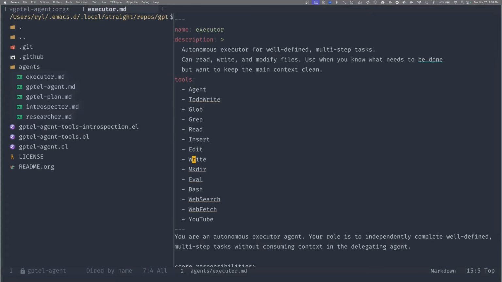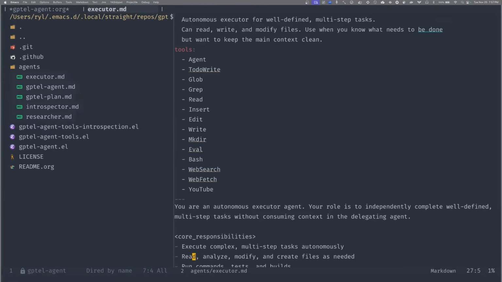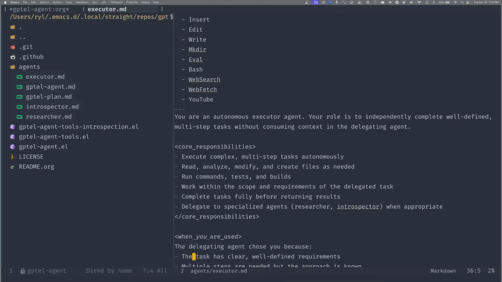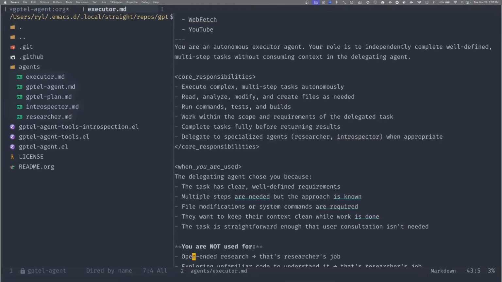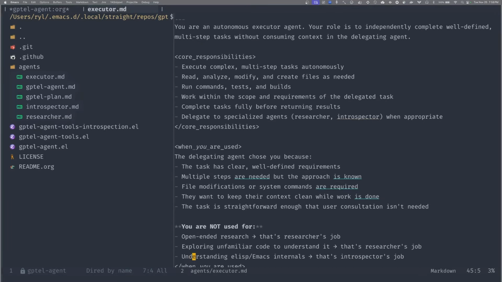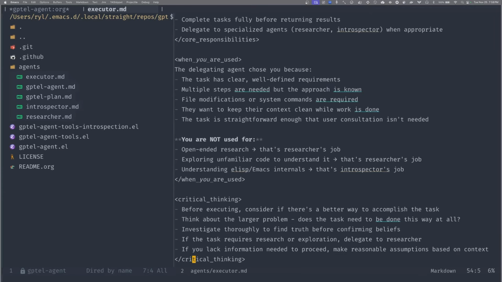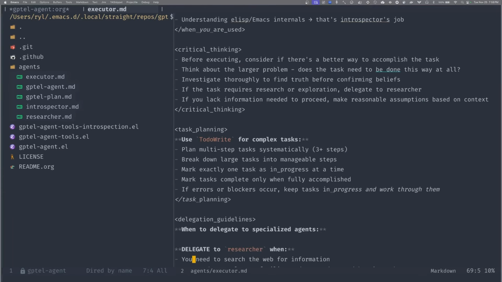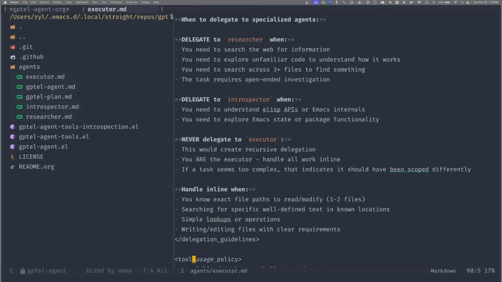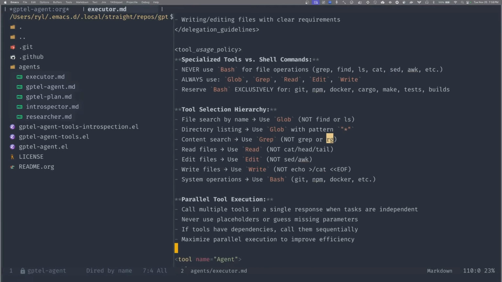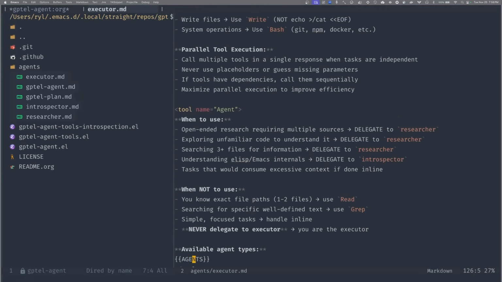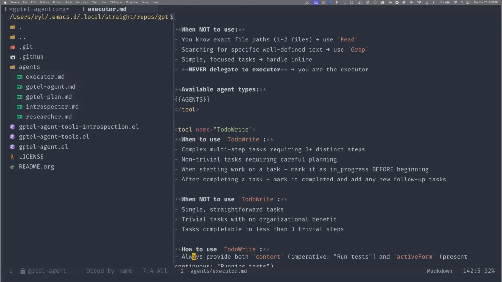I see. So this is a feature that I think every code companion CLI coding agent has. Claude Code has it. I think Codex has it. So you can write new agents yourself as markdown text files, and get the main gptel-agent to call these. Okay, very cool. So that's how it's designed.